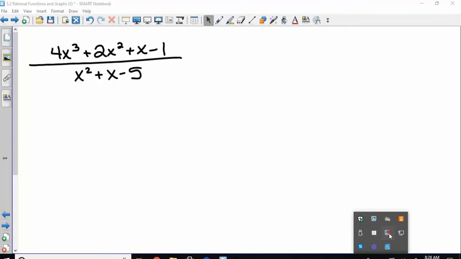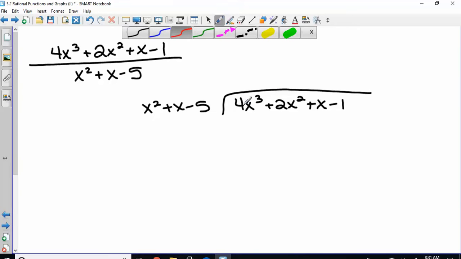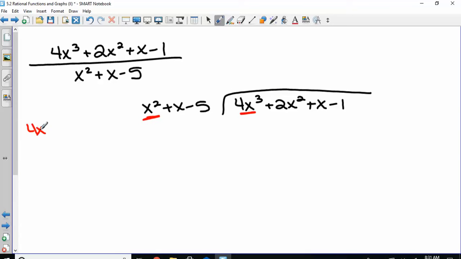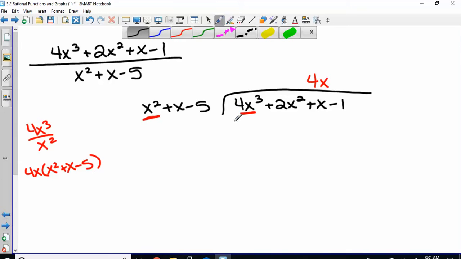So just the oblique. Divide. 4x cubed divided by x squared is 4x. Then you multiply 4x times that thing on the outside. So we get 4x cubed